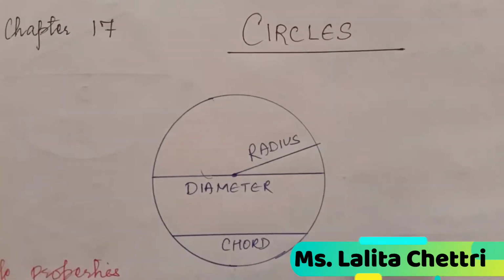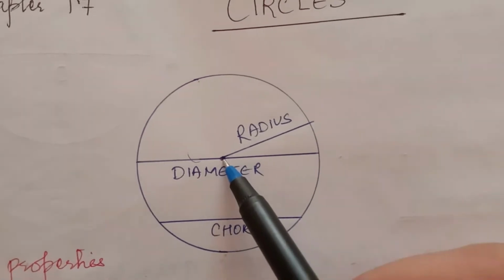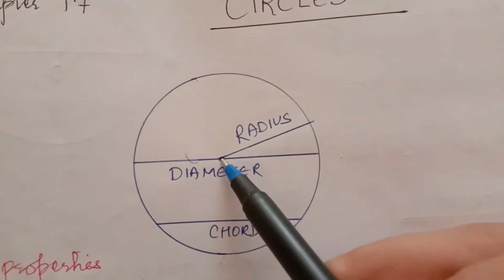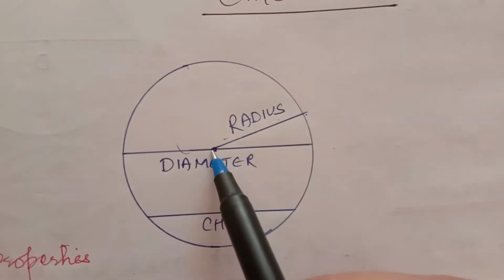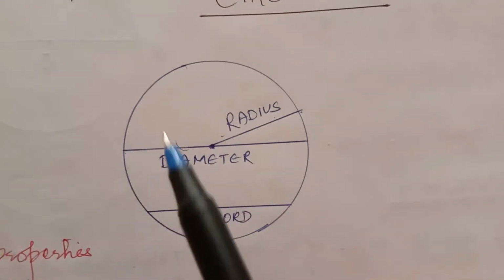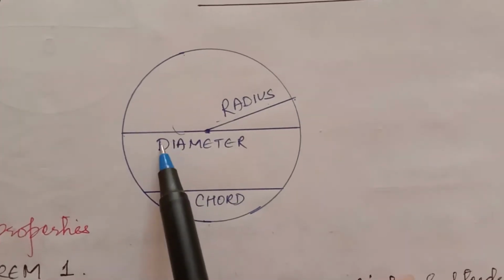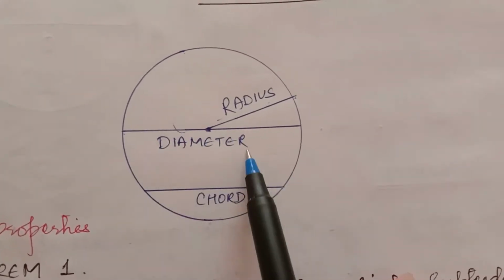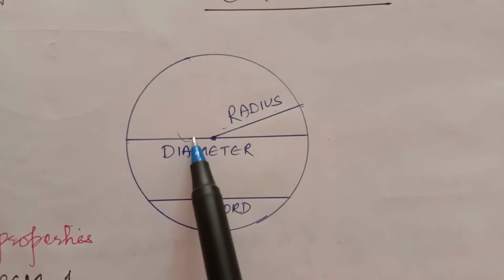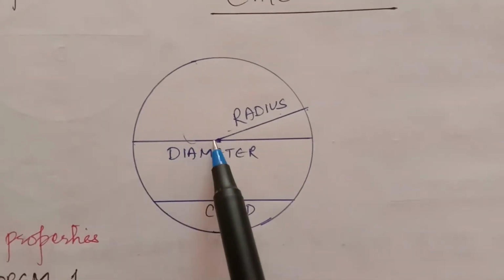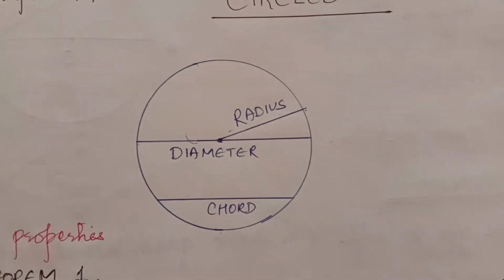First, this is the diagram of a circle, and this fixed point is called the center of a circle. The distance between the center and the circumference is called the radius. This is a radius, here we have another radius, and this is called a chord, and this is a diameter. The longest chord of a circle, which passes through the center, is called the diameter. Diameter is also a chord, but it always passes through the center of the circle. So the longest chord of a circle is called the diameter.